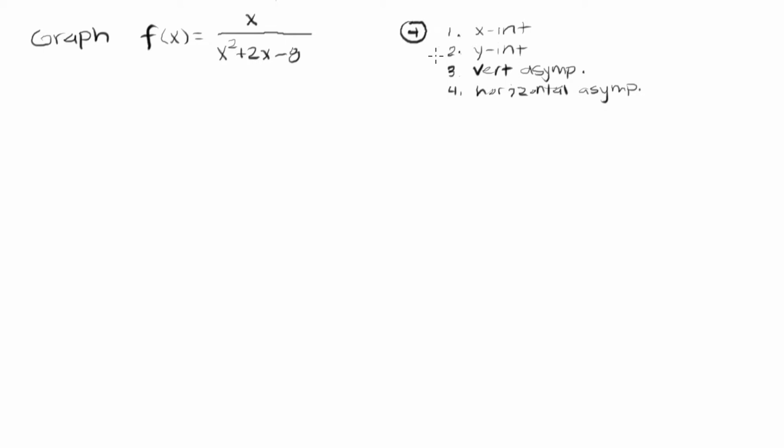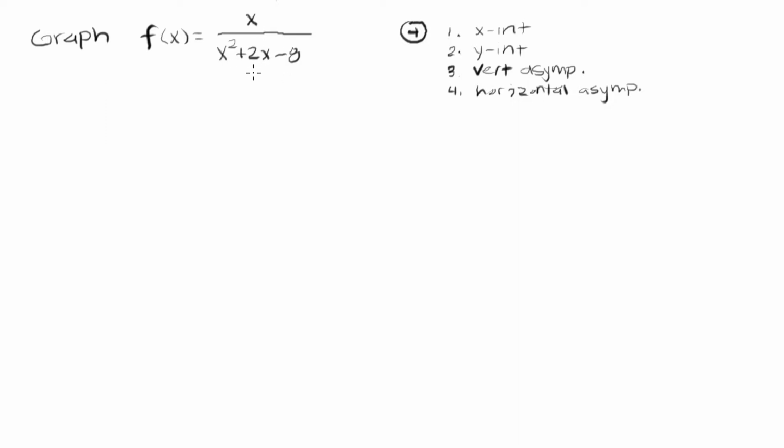Now the nice thing is that there's parity across all of these things. For the x-intercepts, set the top equal to 0. I don't mean make x 0, I mean set the numerator equal to 0. For my y-intercepts, I'm going to plug 0 in. For my vertical asymptotes, I want to set the denominator equal to 0 after